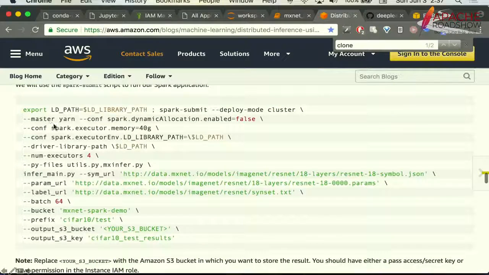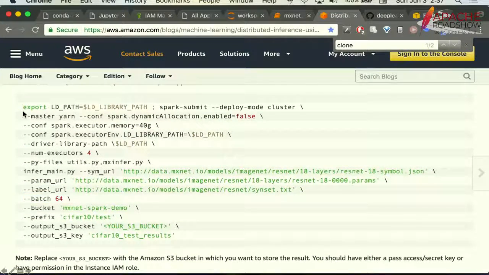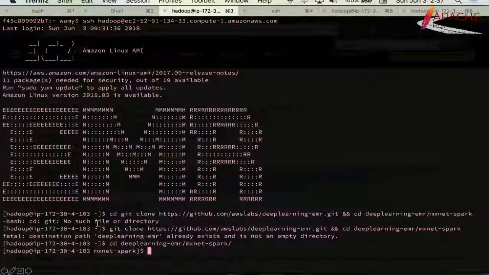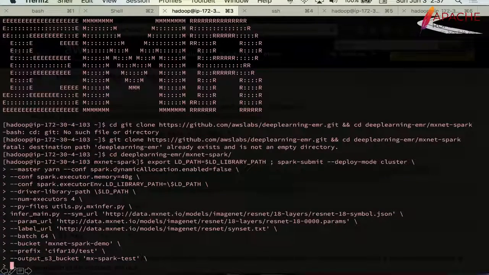Okay, I have the command here on a blog that I wrote. I'll share it with you. Here I'm showing that we have 40 gigs of memory and 4 executors. I'm passing the model URLs and a batch size of 64. You can also optionally pass an S3 bucket and an S3 key to write the output into. Here, that's the test bucket that I have, demo bucket.